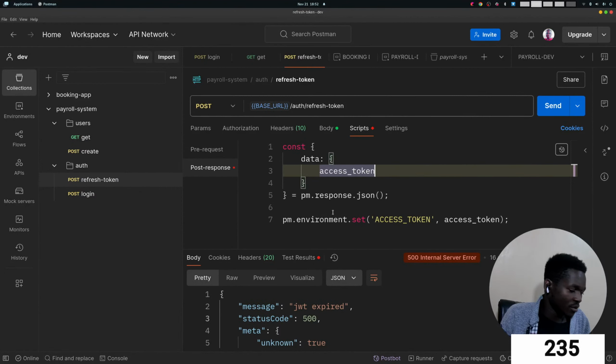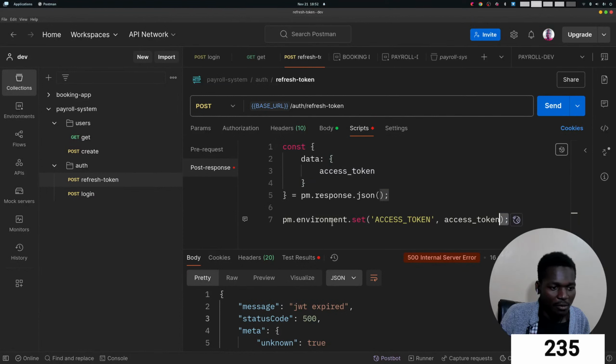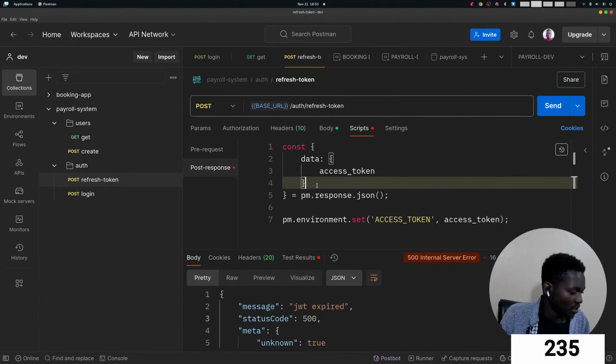The access token is what we get when we set the environment variable, because our refresh token will be determining the duration of the session, and access token will be refreshed frequently to make sure that our session doesn't expire. So once it expires, then it